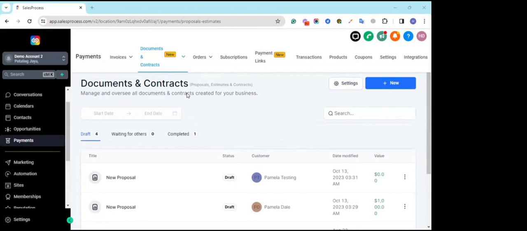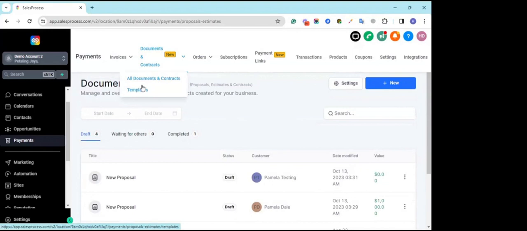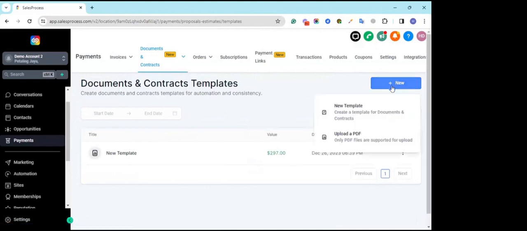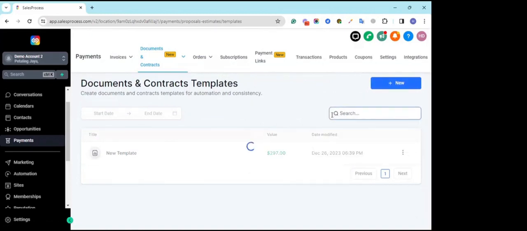So first of all, we can go ahead and create a template over here. This is a template that we will be creating for a coaching business. So this is where you will be creating a template for documents and contracts. And once I click on this button,